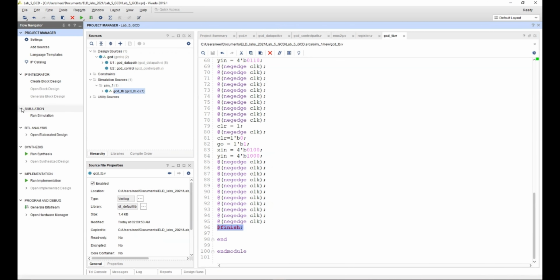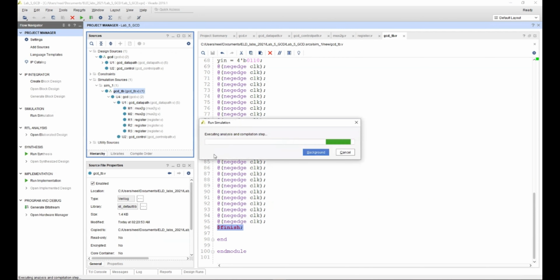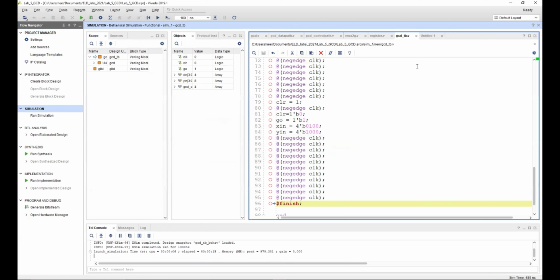So let's just run the behavioral simulation. Let's first see whether every instance is correct or not. Yep, everything is normal. Okay.